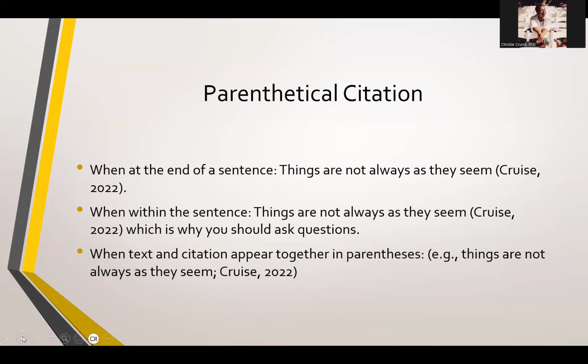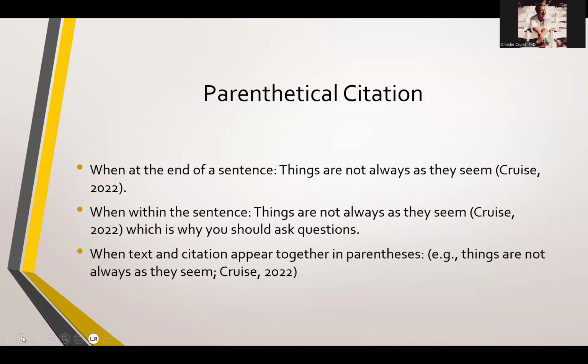When you are using parenthetical information within a sentence, you're still going to use that same format, but you're going to put it right after the sentence or the phrase that requires the citation. So: things are not always as they seem, citation, which is why you should ask questions.